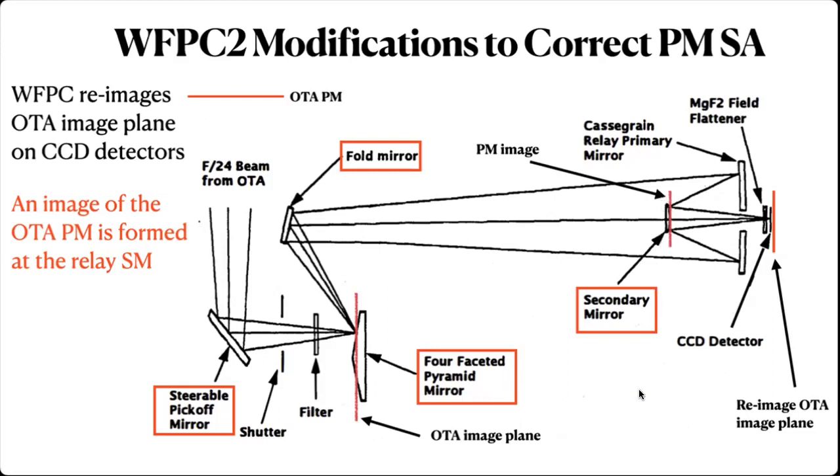You have an image of the primary. So it's as though the primary mirror were sitting there in a very shrunk down dimension. And if you put in the appropriate curvature on this mirror, you can correct the aberration of the primary mirror. So that was the plan: correct the primary mirror spherical aberration at this secondary relay. Now, again, with the phrase nothing comes for free, it looks easy and it makes sense, but there are a lot